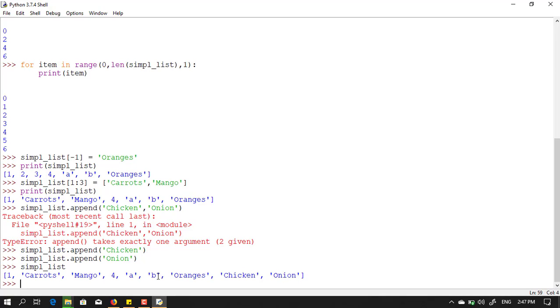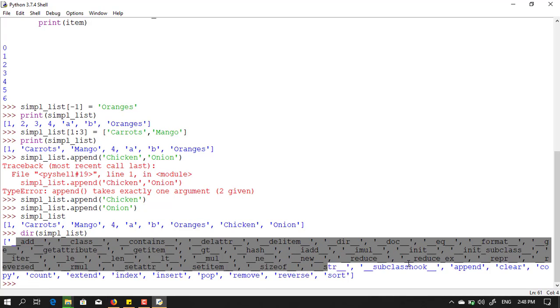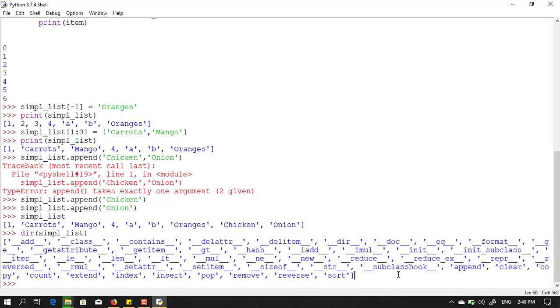So you can also get the different methods to use on the list by using the dir function, and here just write your name of list, and you will find all the functions and methods you can use on the list. Okay. So since list can contain list, we have to be careful